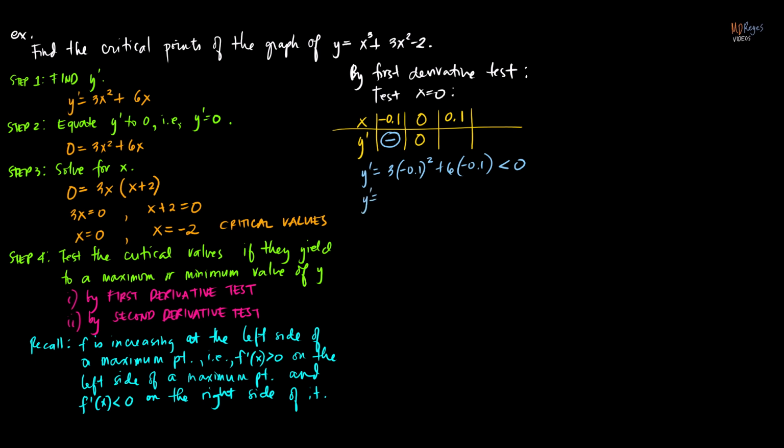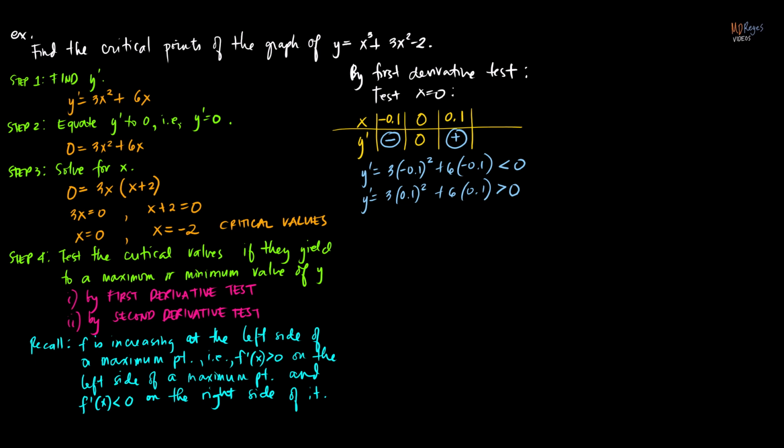Now what about the sign of y prime whenever x is equal to 0.1? So 0.1 squared plus 6 times 0.1. Now this is very obvious that y prime is greater than 0 whenever x is equal to 0.1. So this is plus. Now if 0 is a critical value, and on the left side of 0 the slopes of the tangent lines are all negative, and on the right side of 0 the slopes of all the tangent lines are positive,